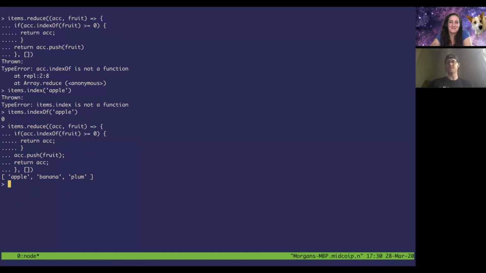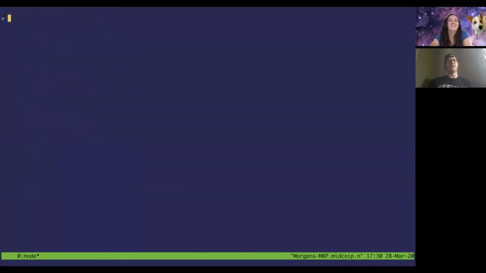So I figured this out, and I remember thinking, wow, I'm so cool. Look at me, I used a reducer. And then I said, this seems unnecessarily complicated. And it turns out there is a simpler way, because there's actually something in JavaScript called set. And a set is an array-like object. It's not an array, but it's an array-like object that can only have